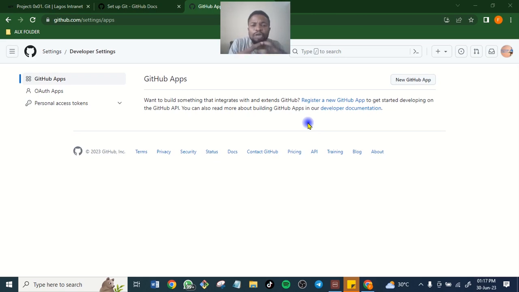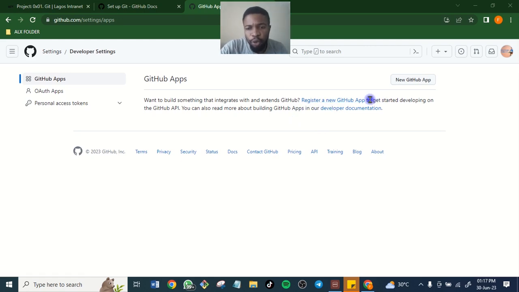Now, for you to git push, that is to put it into the repository where you are storing, the storehouse, you need an access token. They call it access token. It's the token that would give you permission. Are you sure you want to add this new latest development to this project? And then it gives you permission. So that is the function of that.